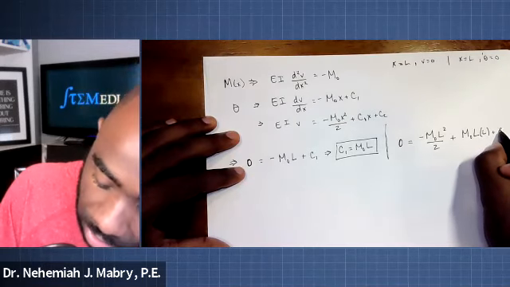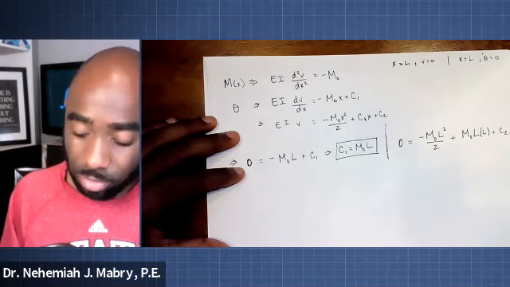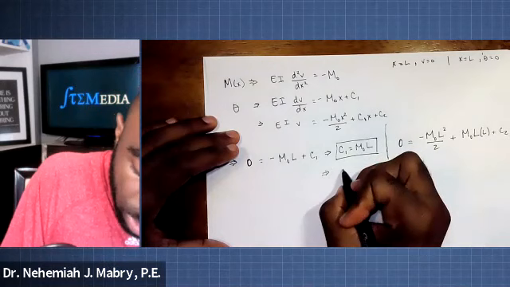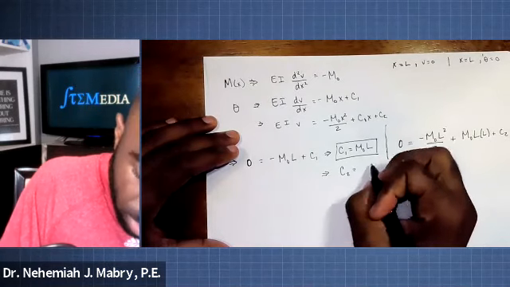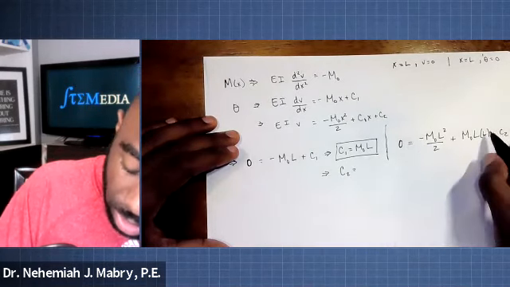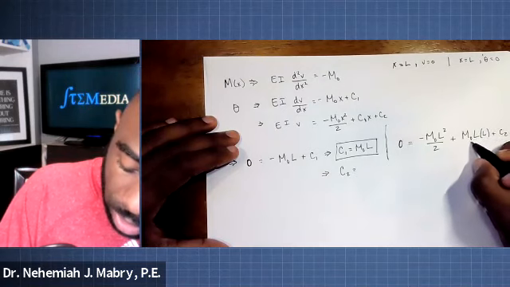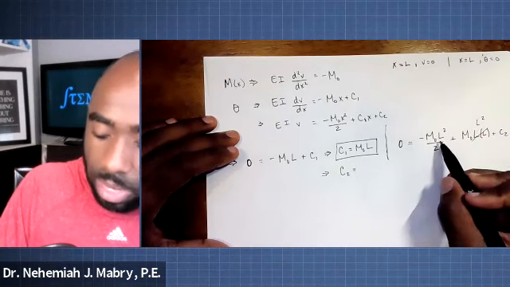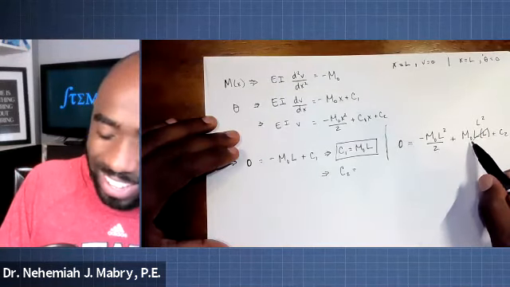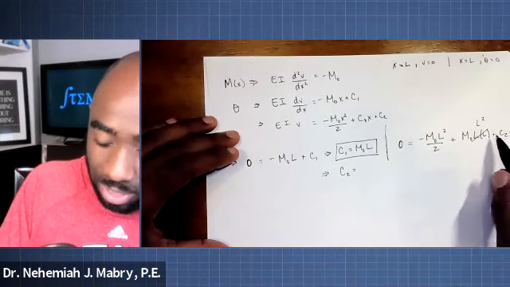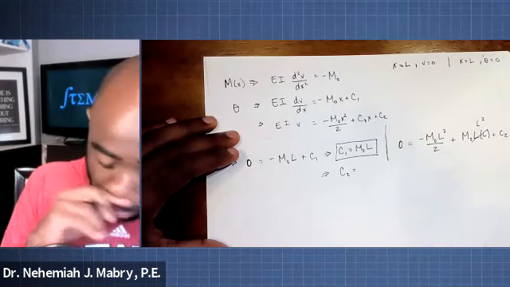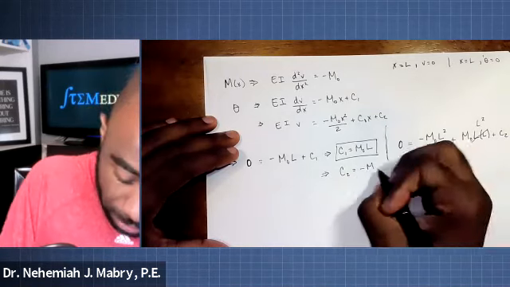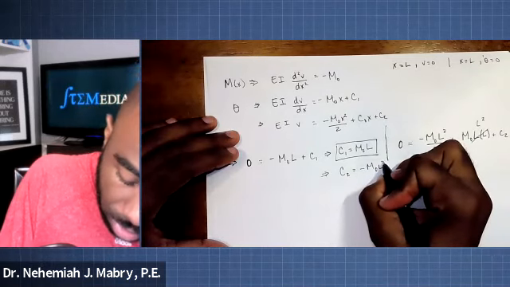plus C2. So now we use that to solve for C2. And we can come down and discover that C2 is equal to, so that's L squared. And let me write it this way. This is going to be L squared. So we got negative M sub naught L squared over 2. Then we got M sub naught L squared, not, as a whole. So that just simply means that C2 is going to be equal to a negative M sub naught L squared